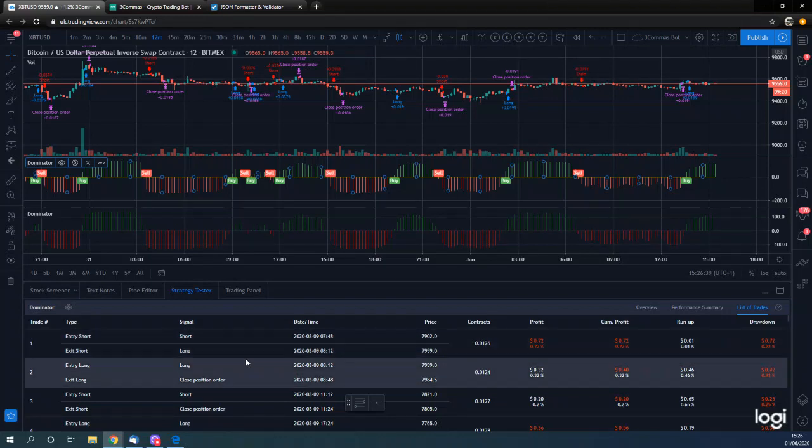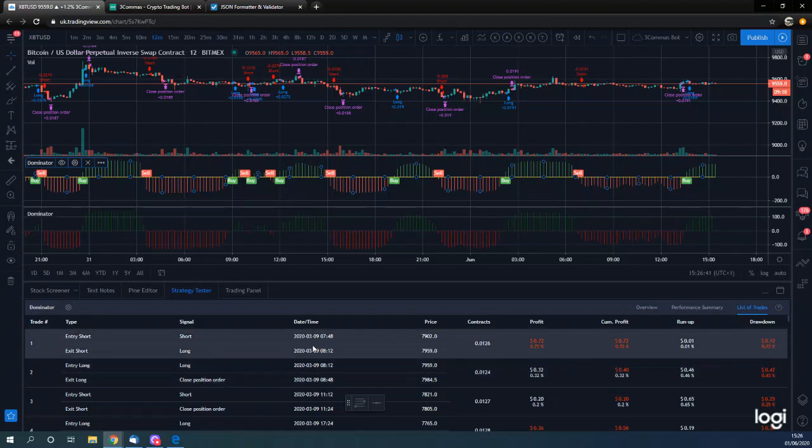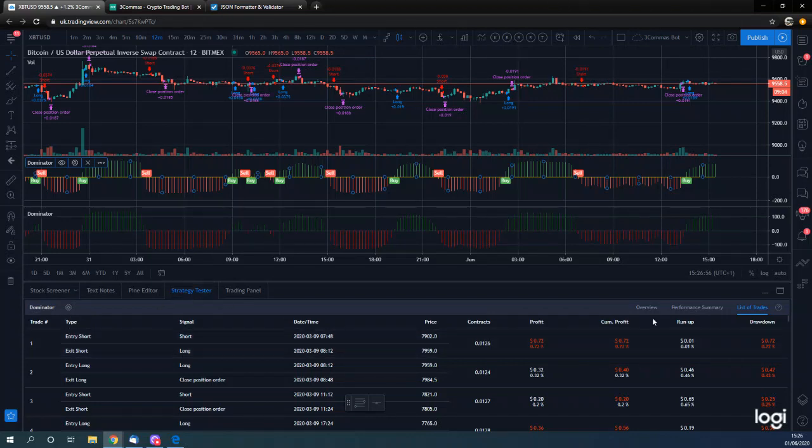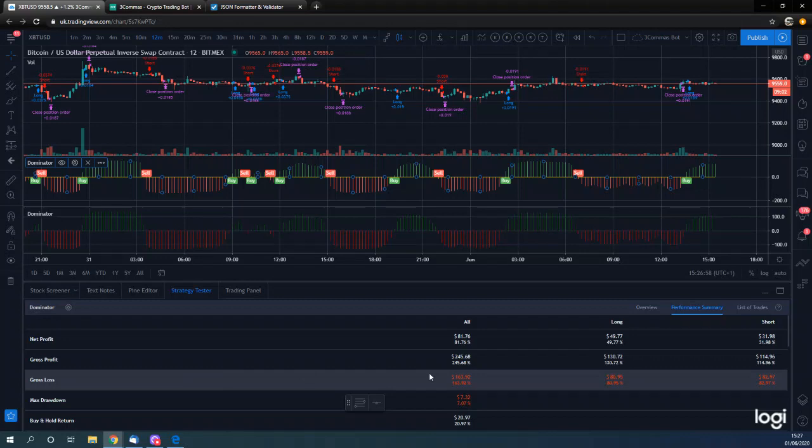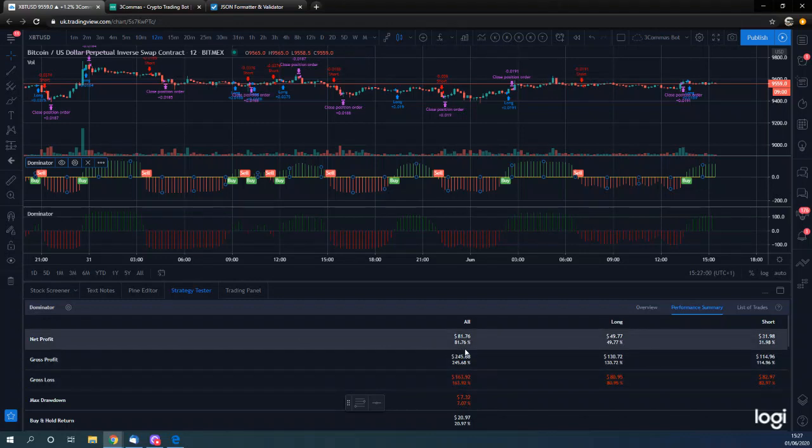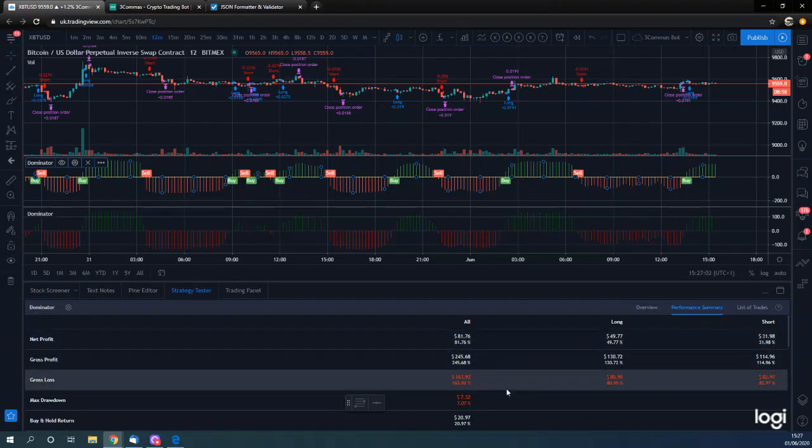First trade on the 9th of March. We're at the start of June, so March, April, May, June, less than 3 months basically. Using this strategy from $100, we would have made a return of $81, and we would have had a max drawdown of